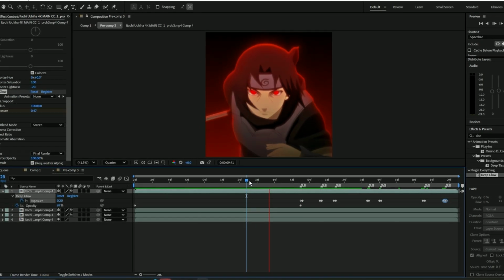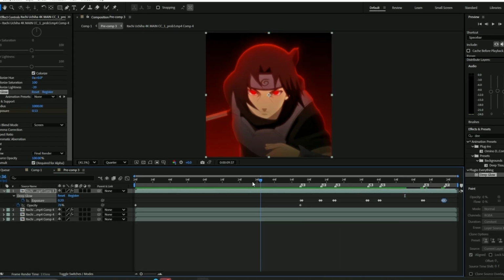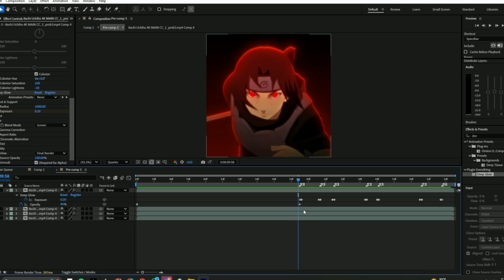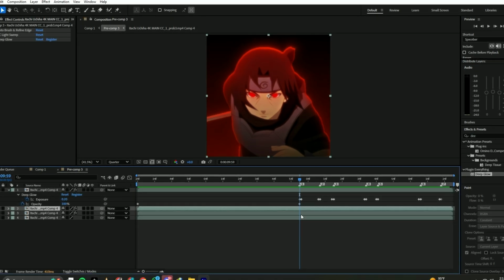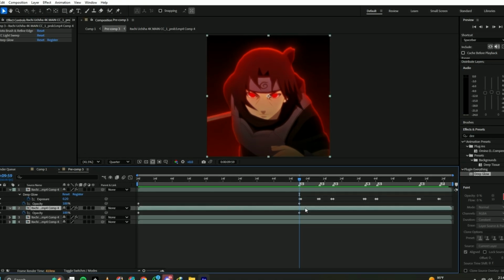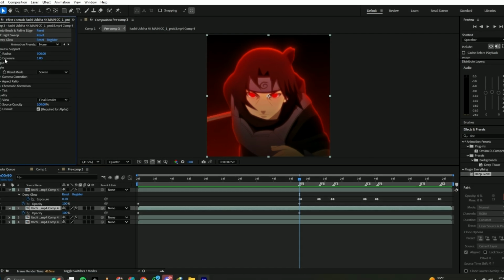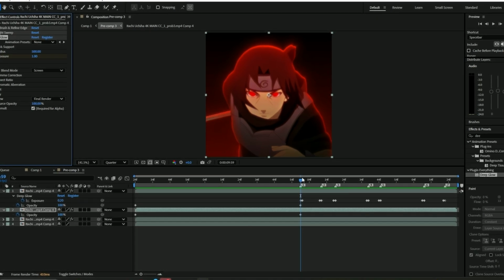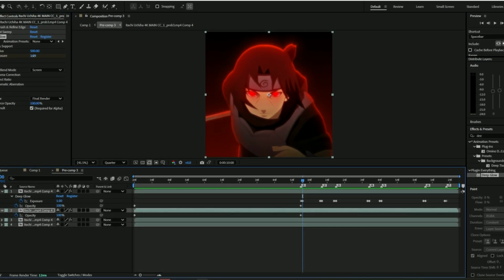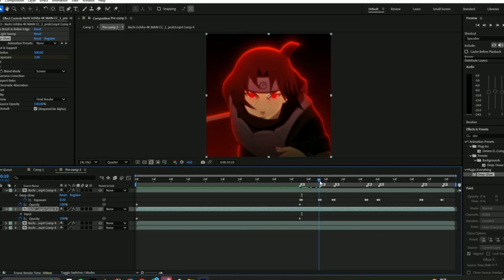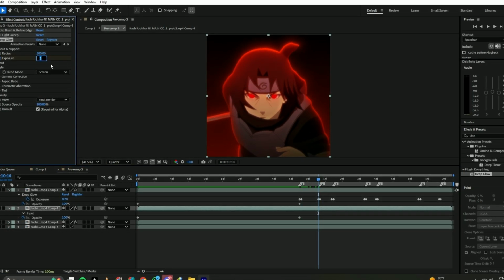As you can see, I have successfully marked all of the beats, and now the eyes are glowing in sync with the beat, creating a clean, energetic beat glow effect. We're going to repeat the same process for the second layer, which is the character's glowing outline. This will ensure the outline glows with the beat, matching the eye glow, and making the entire effect feel more synced and professional. So, go to the deep glow effect on the second layer, open the keyframes for exposure, and